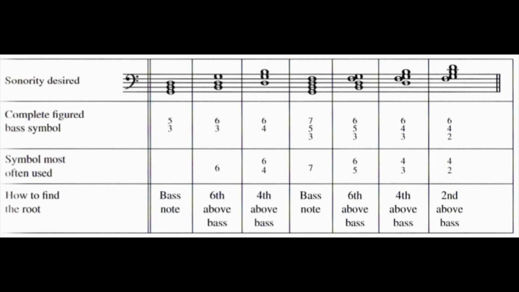Before I go any further, notice that with the first one, our root position triad, and the fourth one, our root position seventh chord, they do look like thirds just stacked on top of each other. But when we look at the inversions of the others, they look a little bit more disjointed in how they're lined up. Anyways, the second chord, which is our first inversion triad,